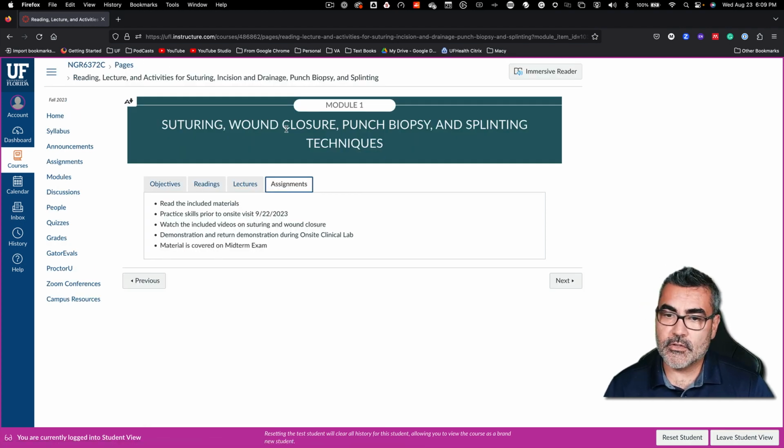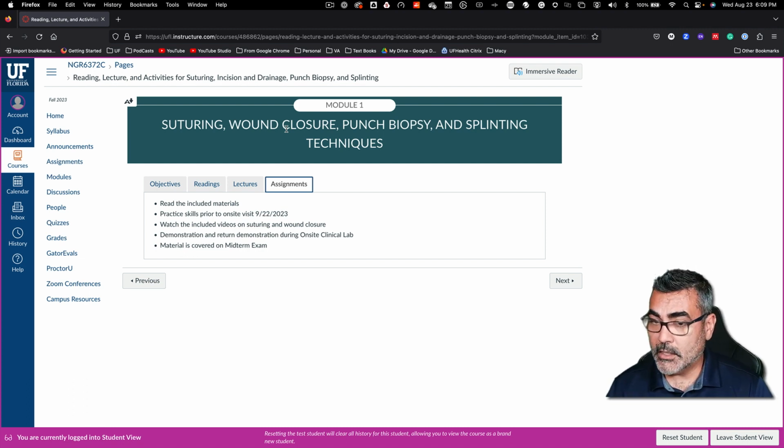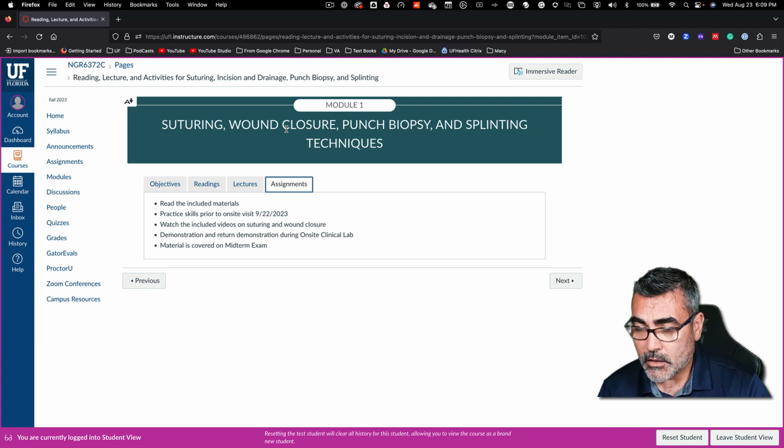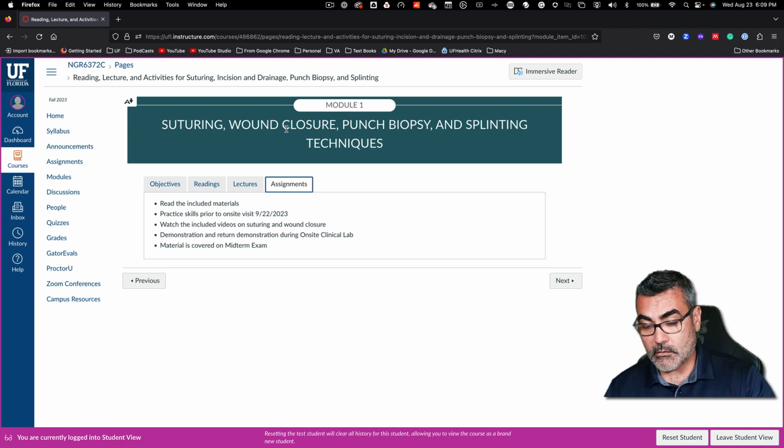And then lastly, these are the different checklists, as you could put it: reading the materials, making sure you watch the videos. I highly encourage you, once you get your suturing packets or your sim lab or skills lab packet, that you start practicing as soon as you can. Suturing, and like any other skill that we're going to be teaching you, whether it's in this course or other courses, practice